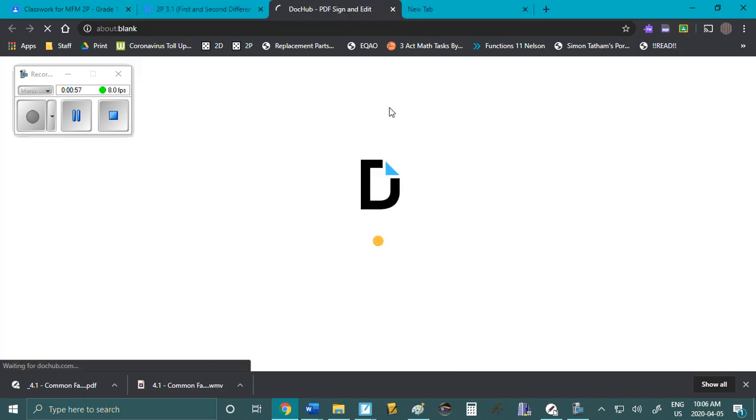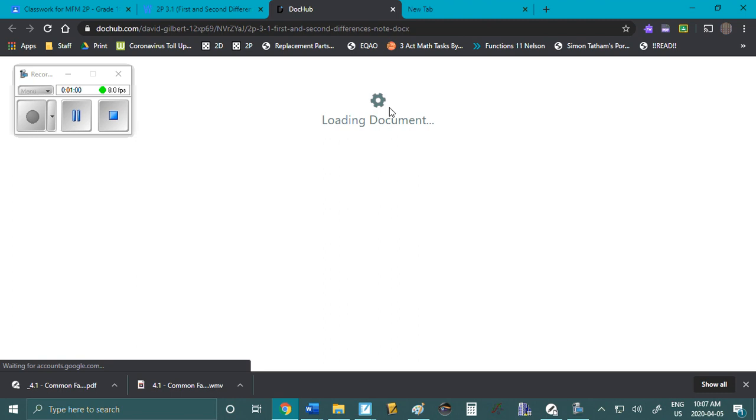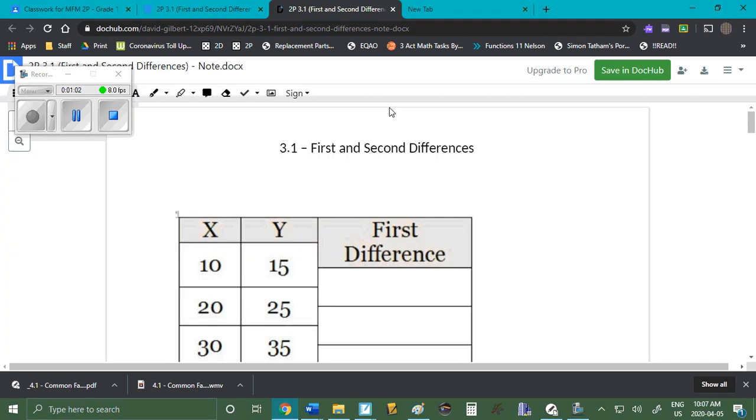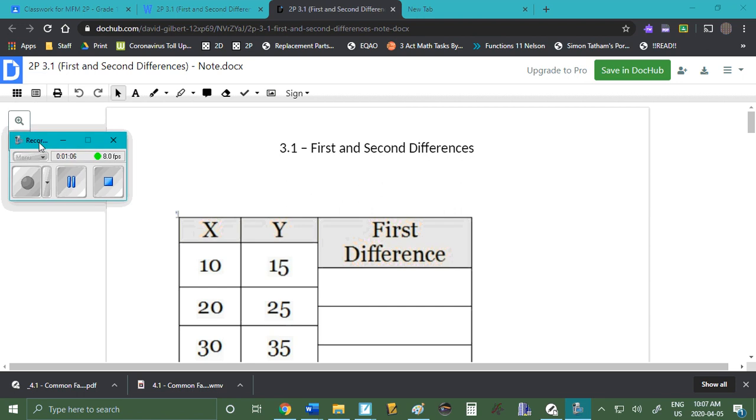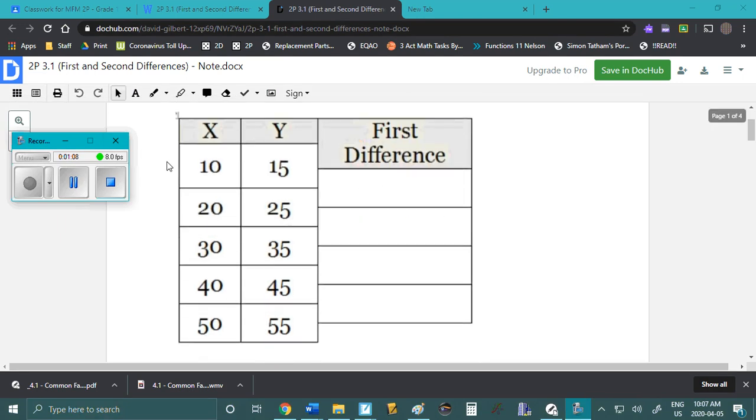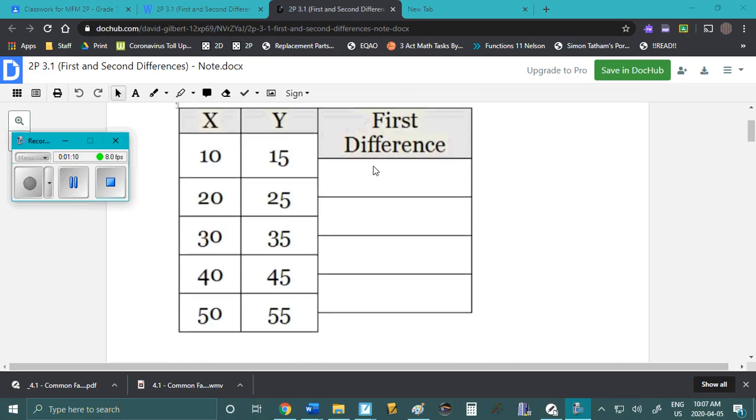So if I open it with DocHub, I want to show you this because I think this might really help a lot of you. I mean, if you can print the handout, by all means print it. It'll probably be a lot easier. But if you don't have a printer, like I don't have a printer, you can come into this DocHub program or possibly Google Docs. And if you click on this pen here, you can see over here I have a